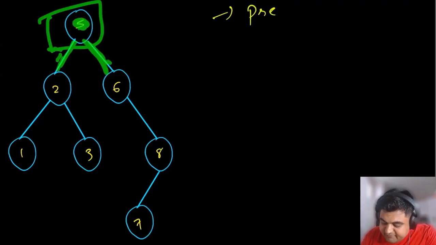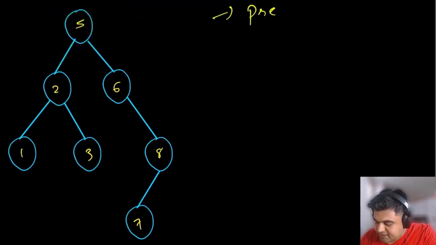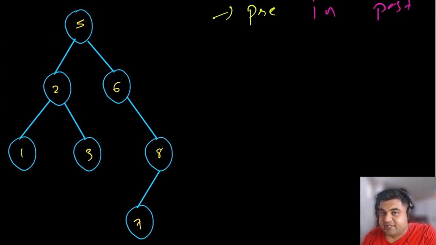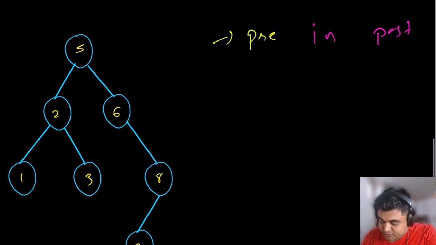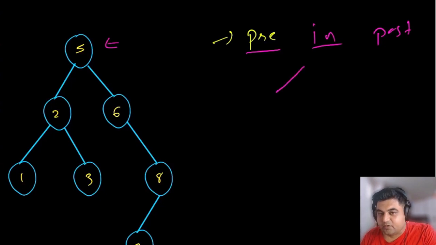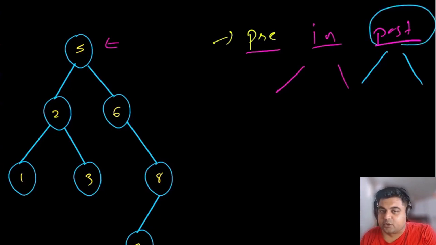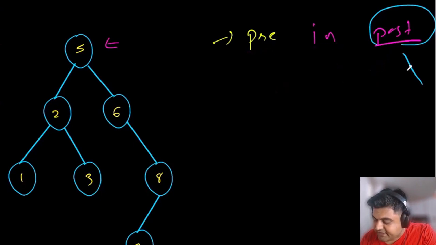And there is a possibility that we do some processing on the node we are currently at, and that is what these three techniques, pre-order, in-order and post-order, do: they allow us to determine when we are going to process the node we are currently at. In pre-order traversal we process the node first. In in-order traversal, first we go left, then we process the node, and then we go right. In post-order traversal, first we go left, then we go right, and in the end we process the node we are currently at. So this is what these three techniques refer to.